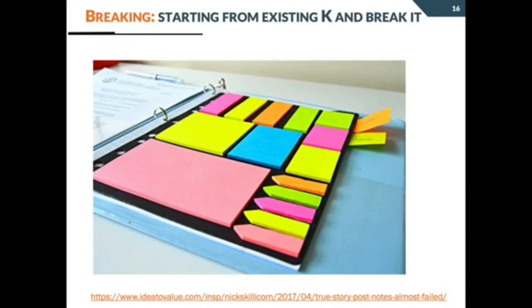I think the example that you see in this figure, I'm sure you already heard of this. If not, just check out the link here. You can find the link in the slides that I will upload. It shows how breaking an initial knowledge created for creating some sort of glue led to creating a very important different knowledge for creating some sort of post-it notes.